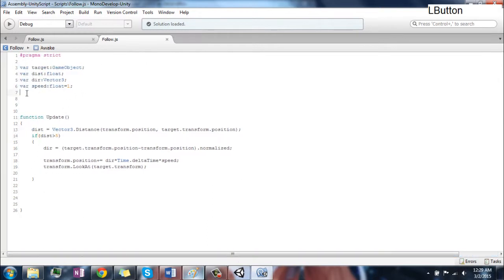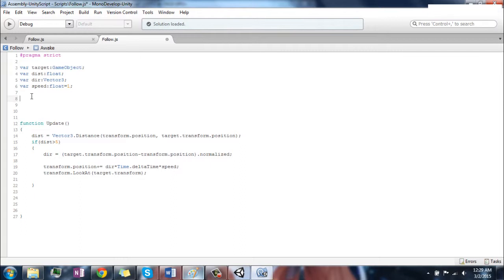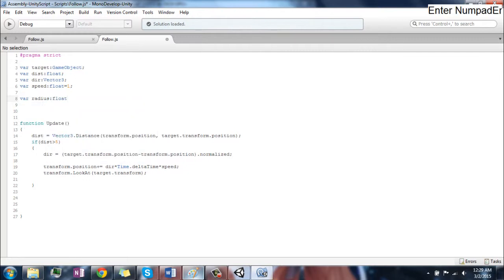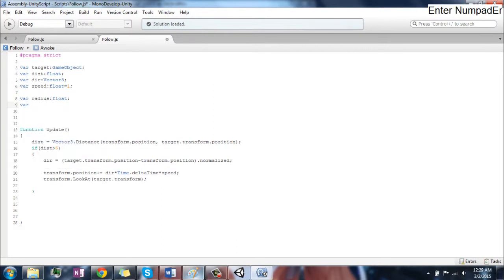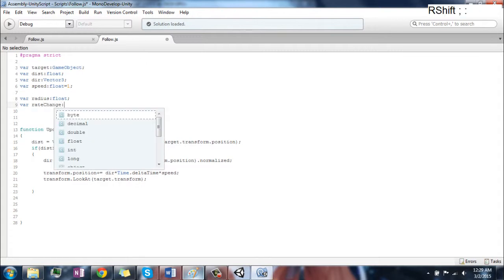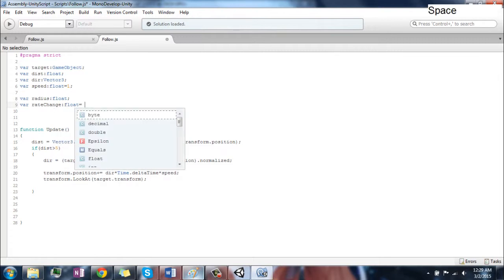So if you've ever talked about circles in math class, you know that circles all have a radius, and that radius can be a decimal too, so it's going to be of type float. Circles deal with pi, and pi is related to radians. Now, I don't expect you to really know what pi or radians are, so I'm just gonna write rate of change, and we're gonna relate that to being a float value,